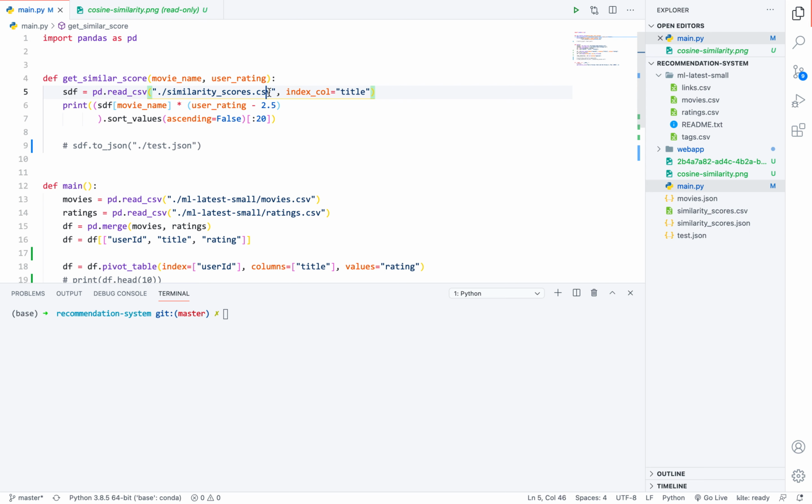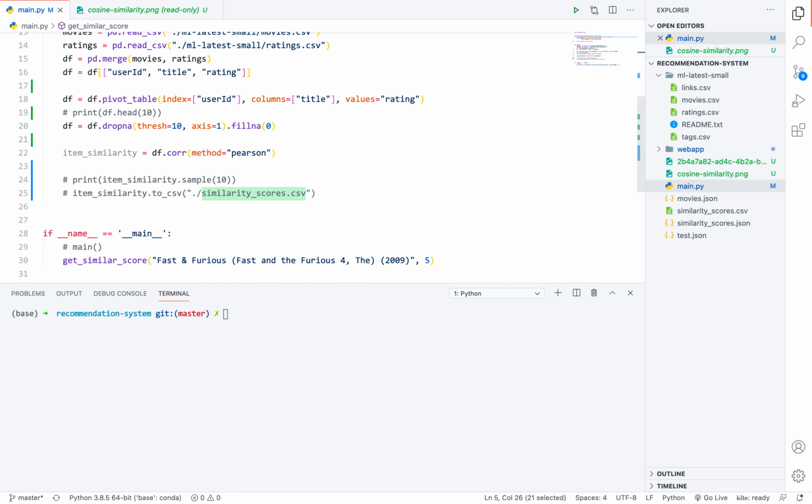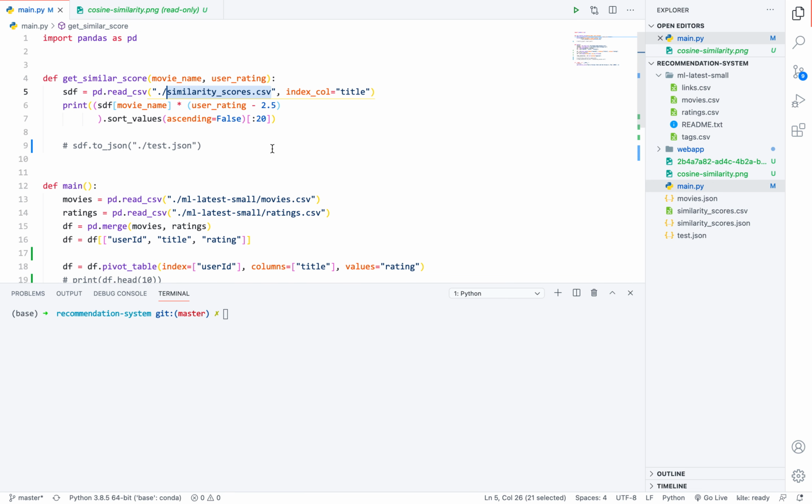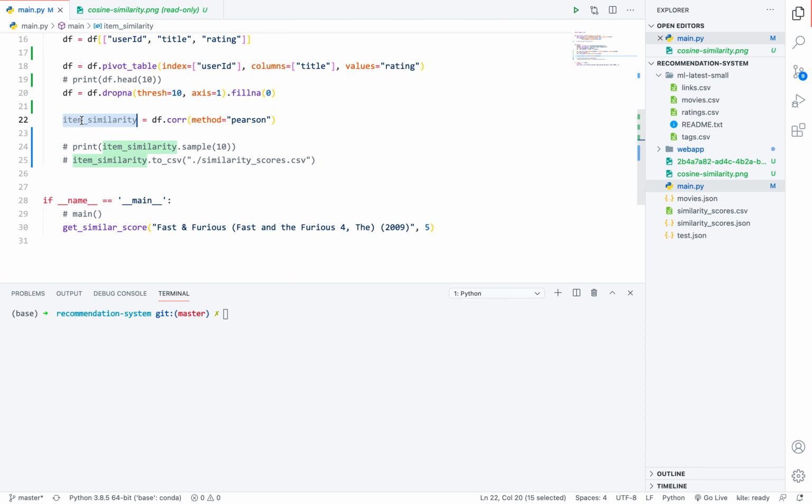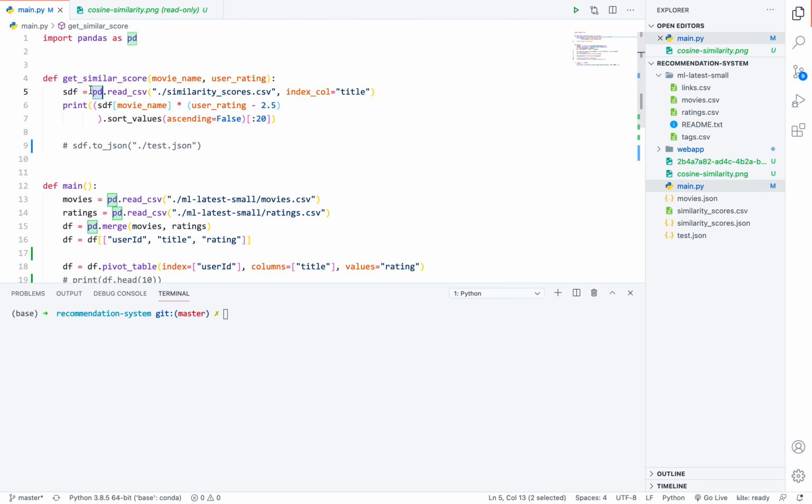This csv is generated using the correlation method Pearson, and I just dumped this item similarity data frame to a CSV file. I am just reading it and printing the similar movies.